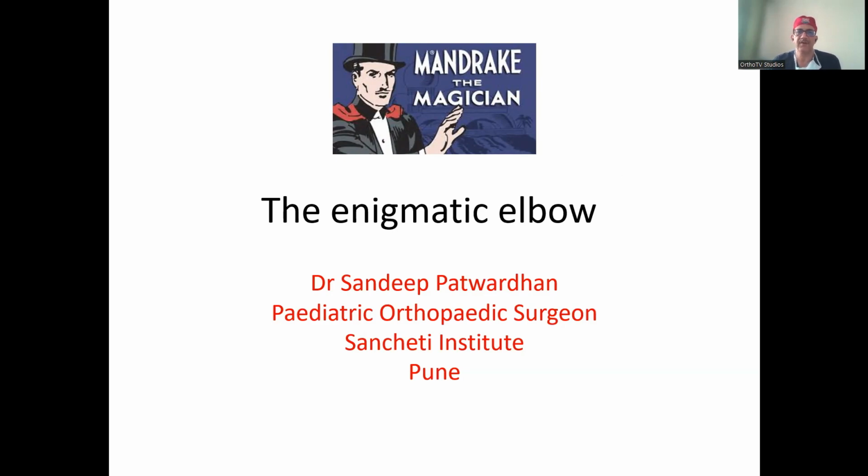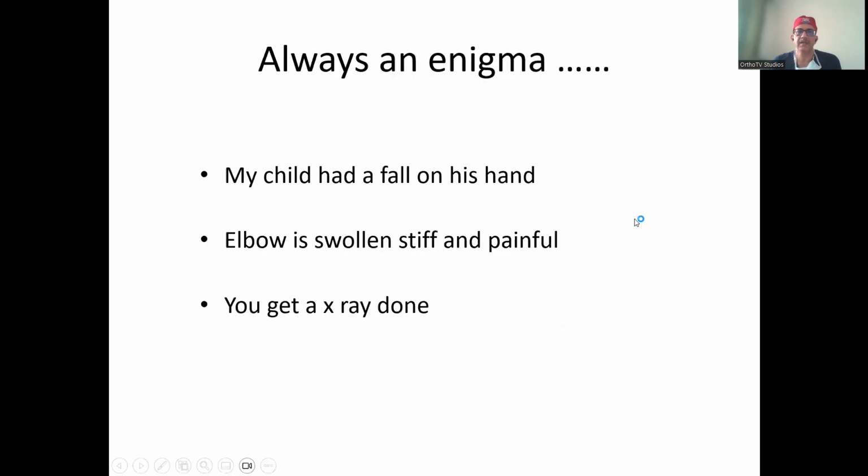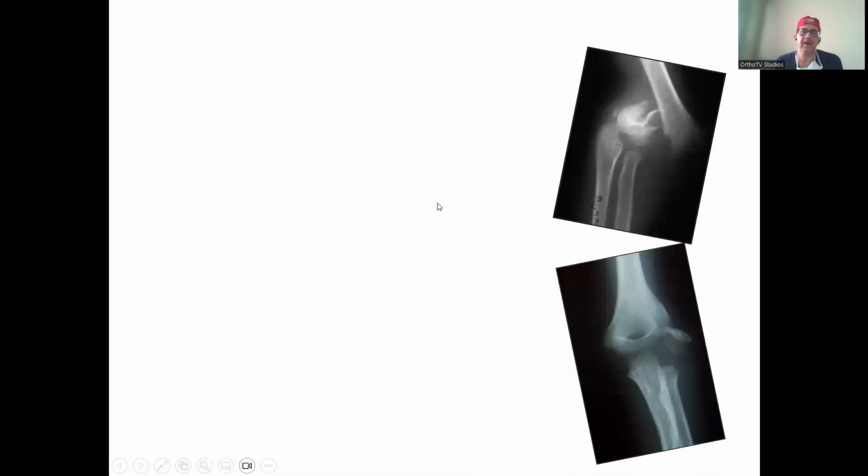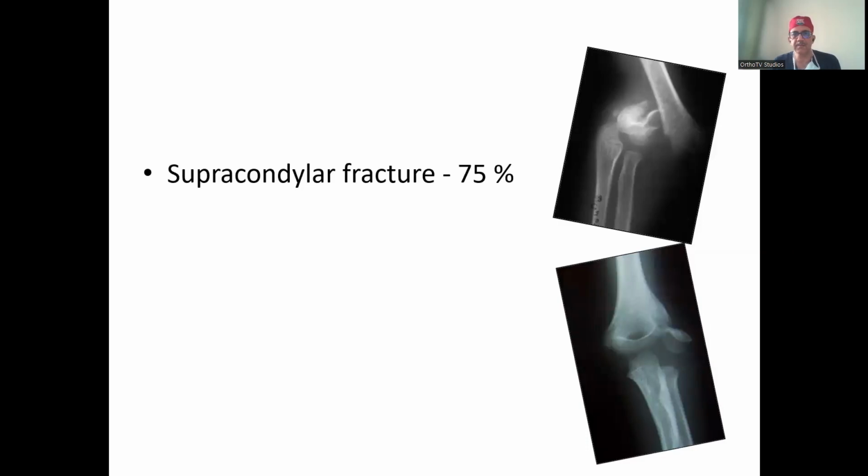Very often, when we see a child, it's always an enigma when the child has a fall on his hand. The elbow is swollen, painful and stiff, and you get an x ray done. The x ray in your mind seems to have only two diagnoses, either a supracondylar displaced fracture or a type 3 lateral condyle, which are by far the most common elbow injuries that you get in the pediatric age